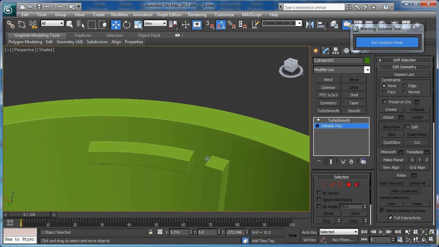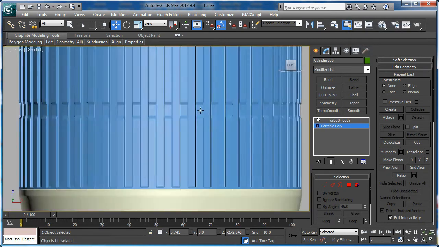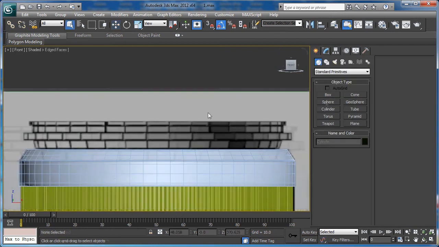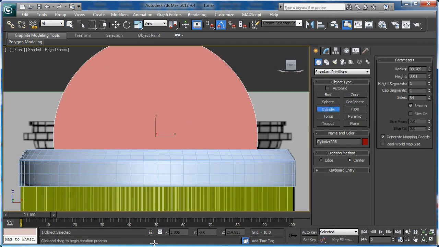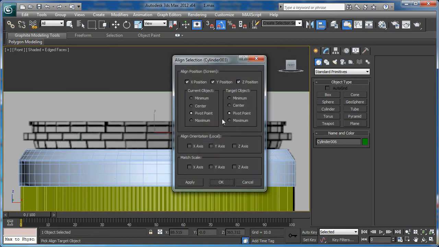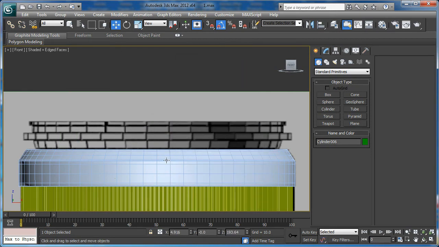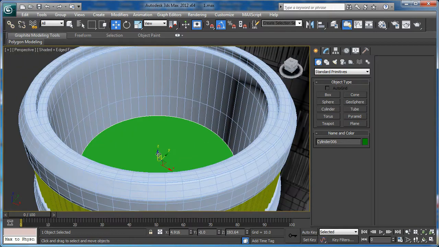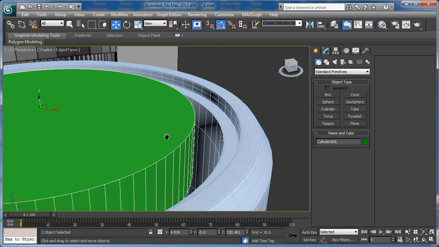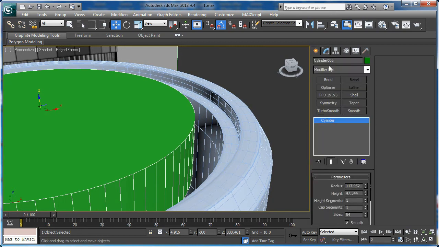Now everything is good and we can continue with this part here. So now let's create a cylinder and rotate it. After that we have to align it to the center of this object and move it like this. Now let's change the size to 36 and